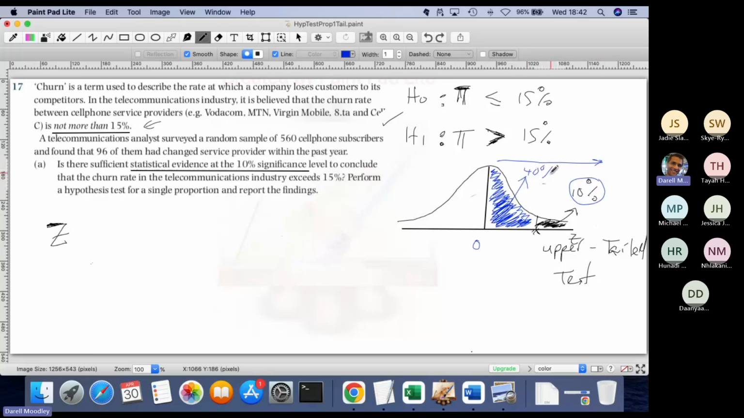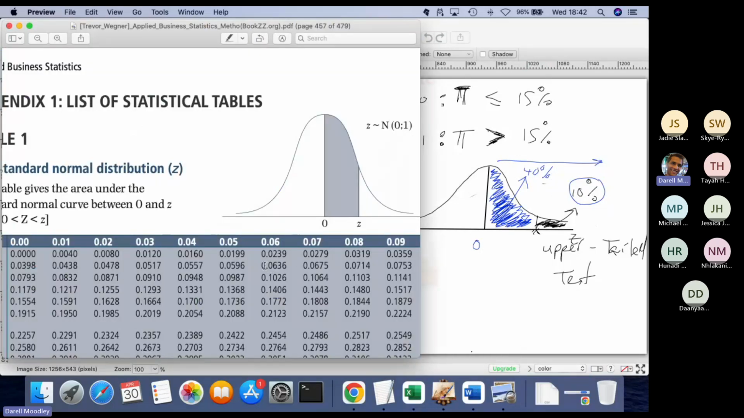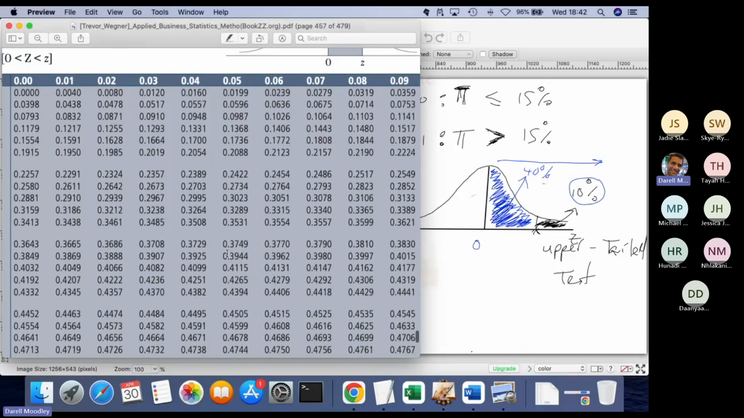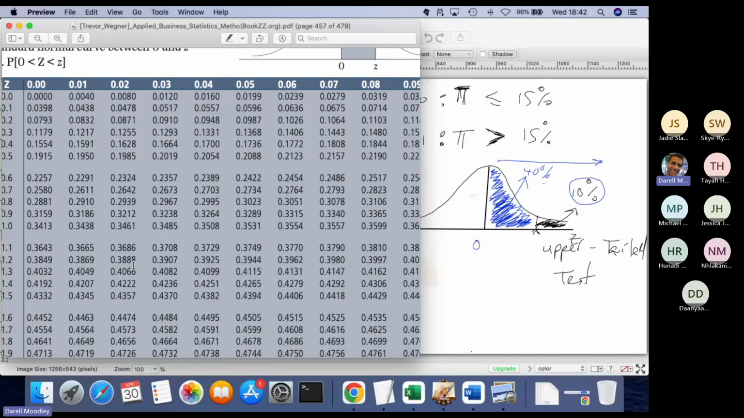Okay, that's the remaining area. So we would go to our textbook, in our table, and we would look for where the area is 40% inside here. All right. So if you look here, the closest value you could get to 40%